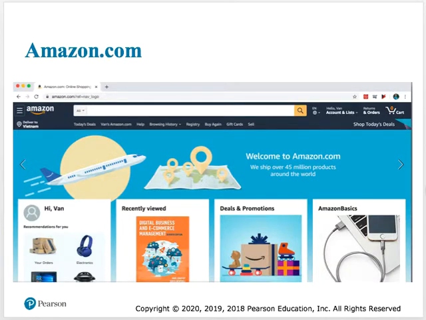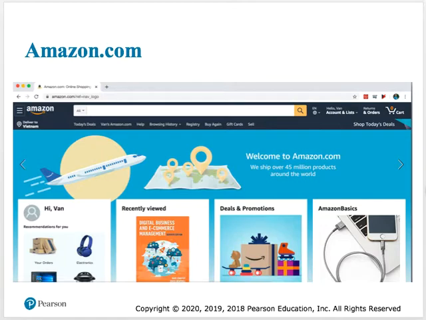If you examine any successful website, you can usually tell from the homepage what the vision that inspired the site is. For example, for Amazon, it is to become the largest marketplace on earth. On this homepage, Amazon announced that they ship over 45 million products around the world.